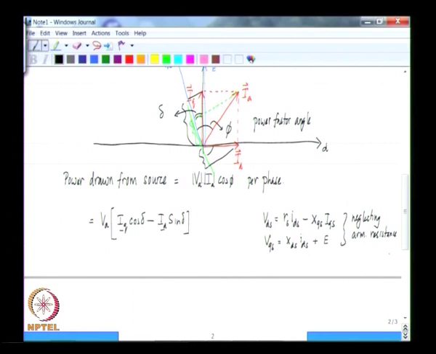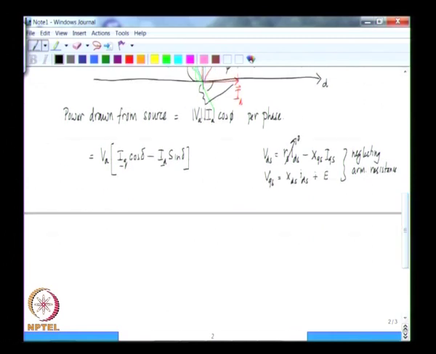Sorry, Rs Ids is therefore not there. If you neglect armature resistance, this is also 0. So from this what we can do is derive this expression, IQ is nothing but